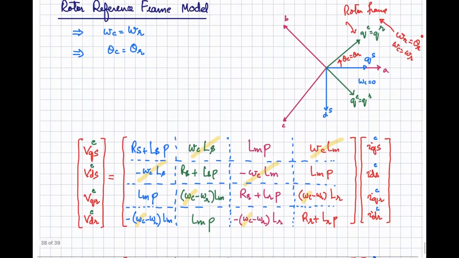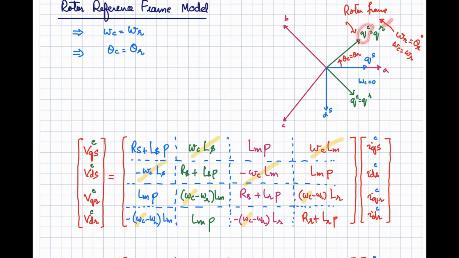Okay, now let's talk about the rotor reference frame. In the rotor reference frame, your arbitrary frame is considered to be rotating at the rotor speed. That is, the dq axes are rotating equal to the speed of your rotor. So any rotor quantity over here will be observed as a DC quantity because this frame is now rotating with the rotor speed. So in the stationary frame, the q and the d axis were stationary, but in the rotating frame, we are going to call this